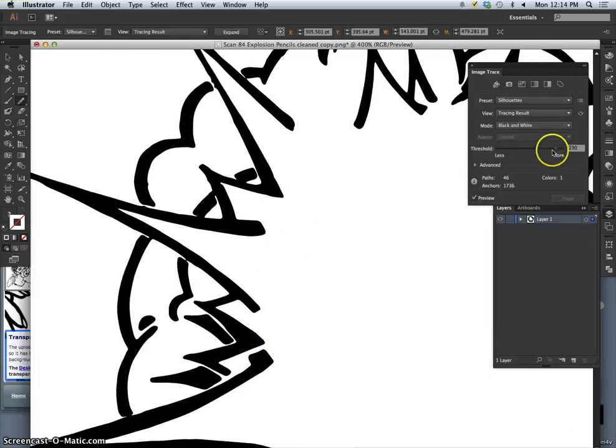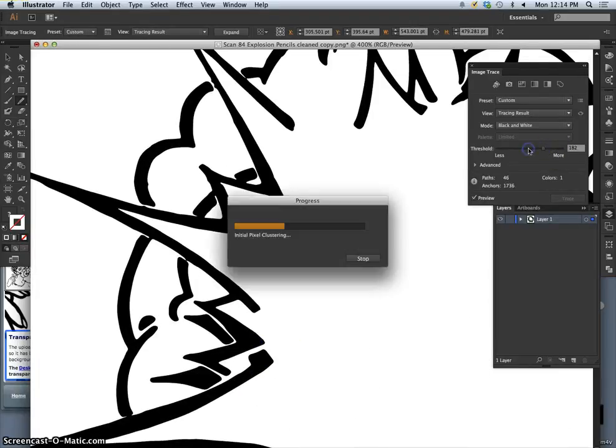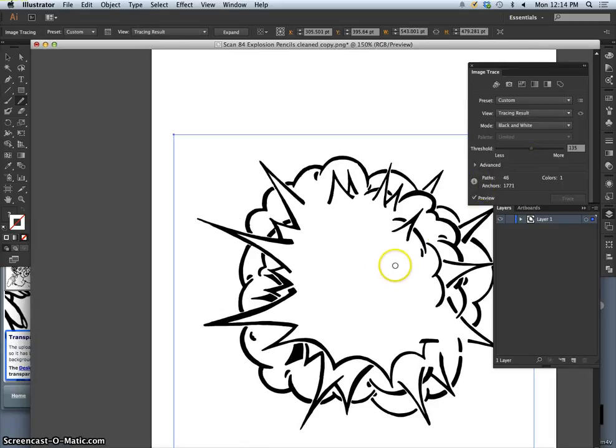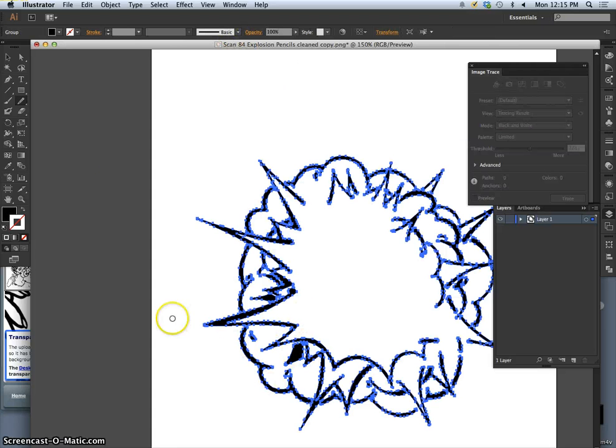But maybe I want slightly less of a threshold so it's not so thick. So about there, and then if I like it, I just hit expand. And now I can work on cleaning that up